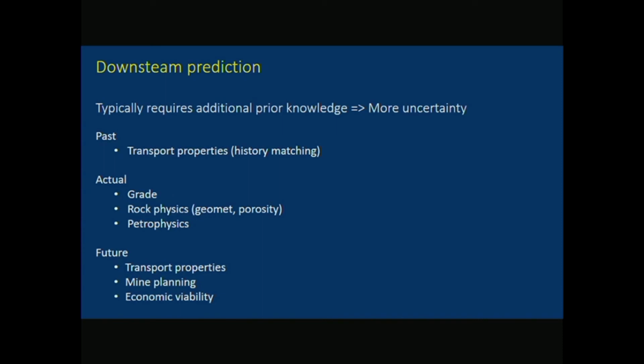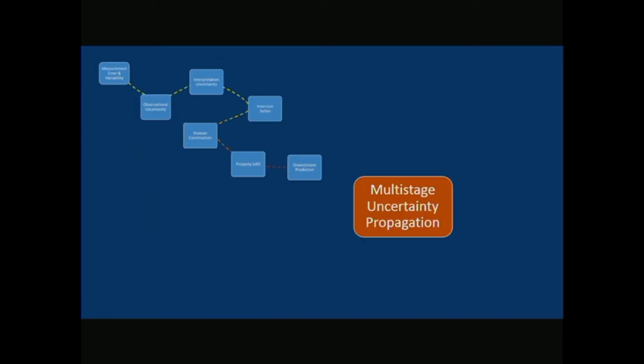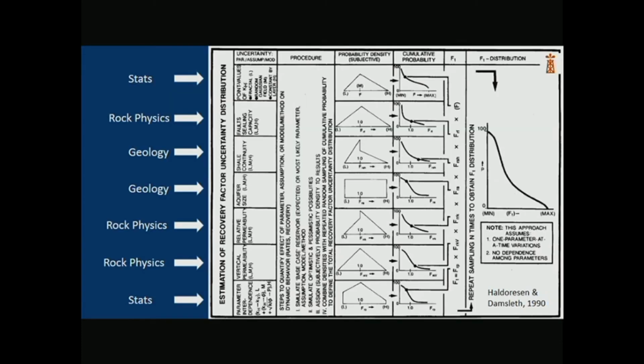And again, in oil and gas, this is done routinely, but in the mineral space or in regional geology, we don't have that sort of understanding yet, or at least people haven't tried very much, let alone if we're getting down to things like economic viability. What we really want to be doing is doing all of this at once, I guess. So let's look at where we can do multi-stage uncertainty propagation.